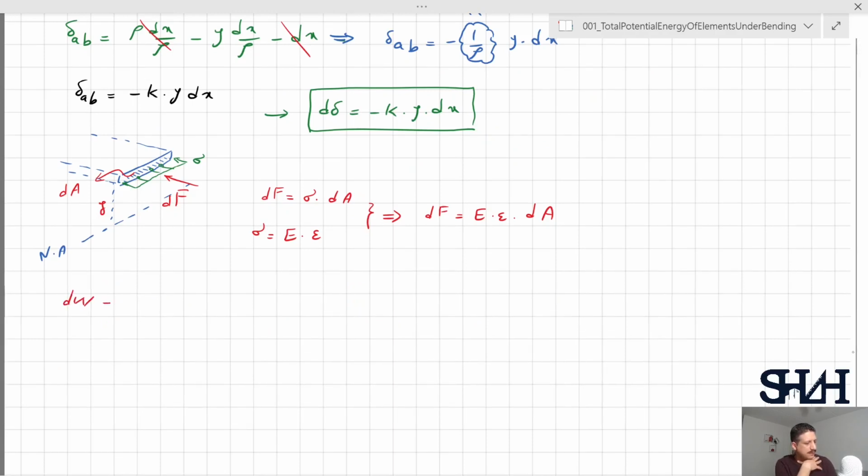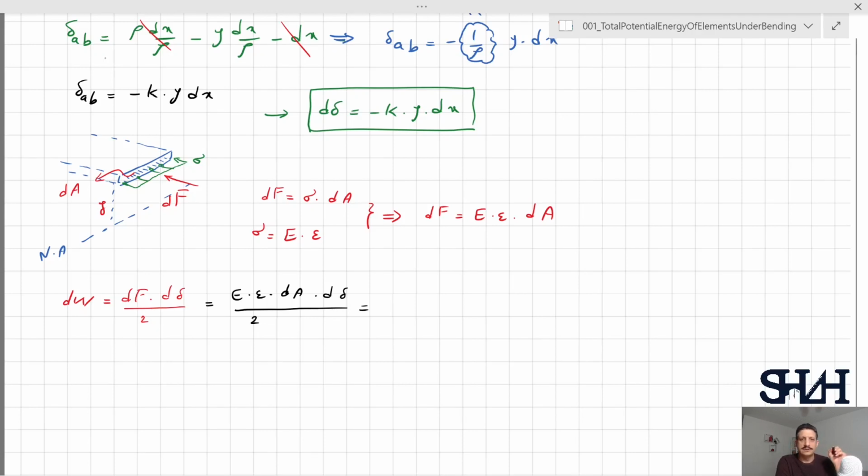Now, the differential of the gained or stored energy is the differential of the force times the displacement divided by 2. So this is half of the work that is done. So in the beginning, force is 0, and at the end, force is dF. As a result, it's an average value of dF times d delta. Now I can substitute dF by E epsilon dA times d delta divided by 2,